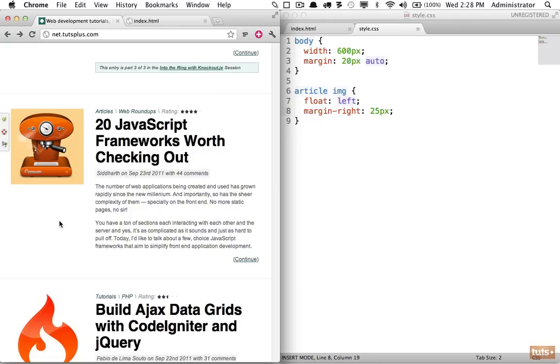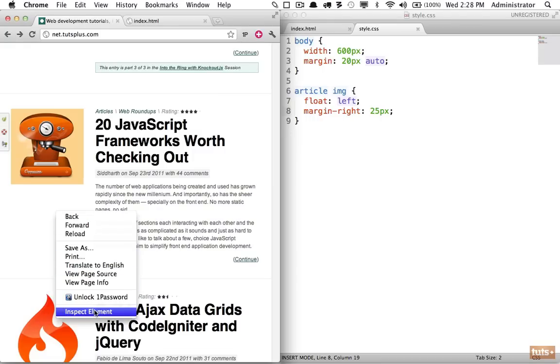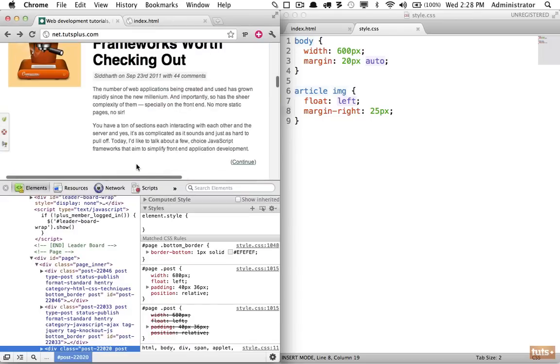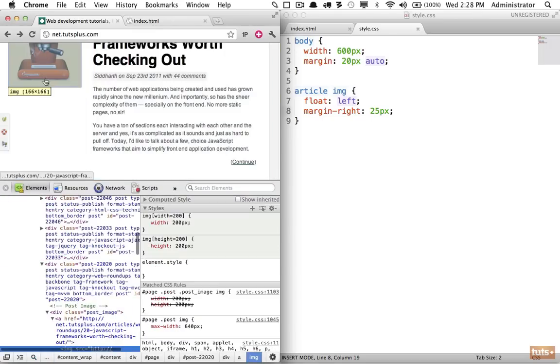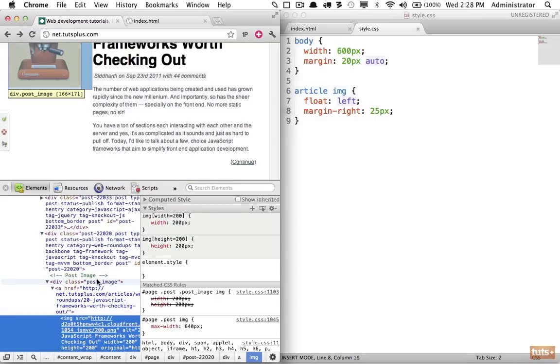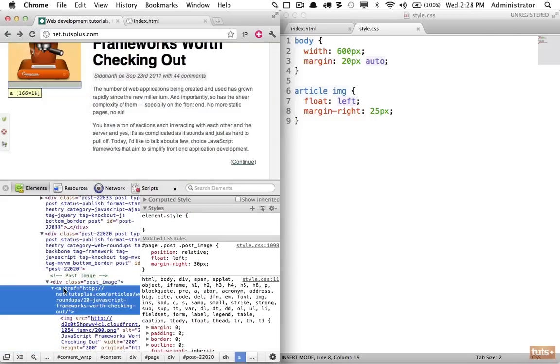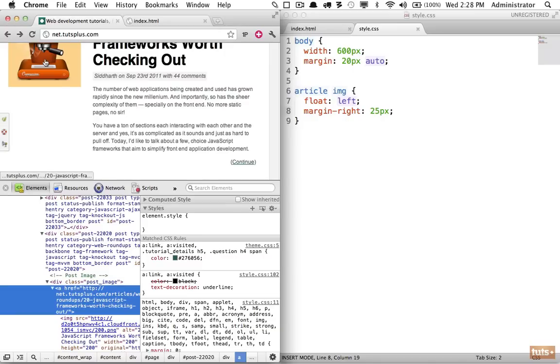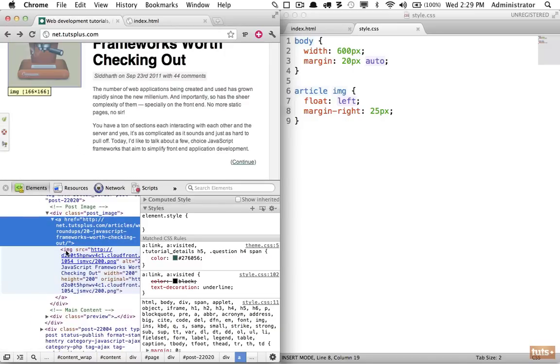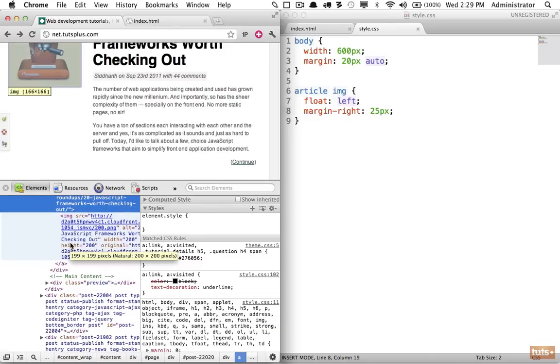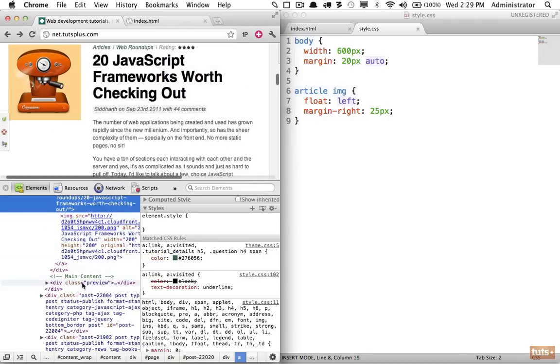So let's see what the original creator did. I'm going to right click, inspect element, scroll down a touch, and if we hit the magnifying glass, I can click on the image. And now can you see that he has a div with the class of post image. He has an anchor tag because you can click on the link. So we need to make sure that we add that to our markup. Then he has the image itself,